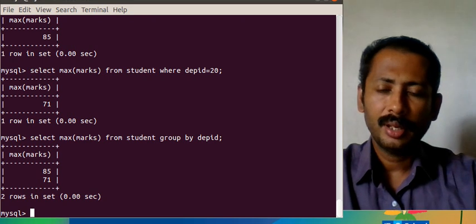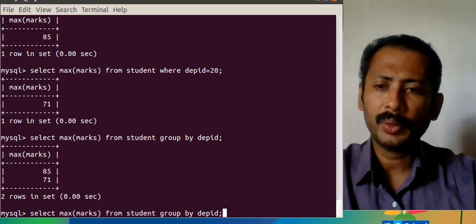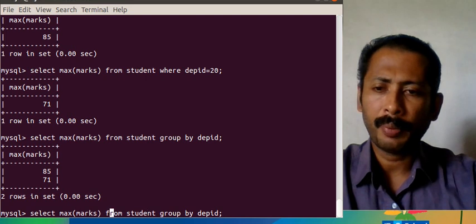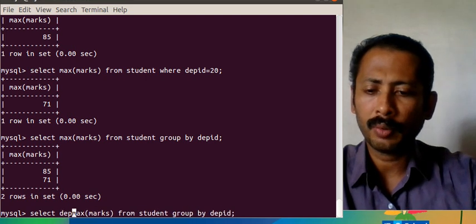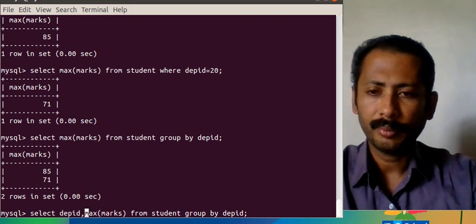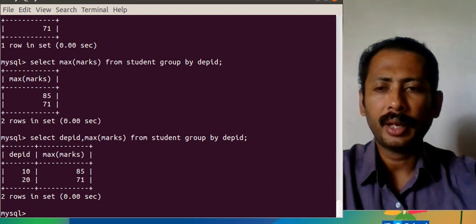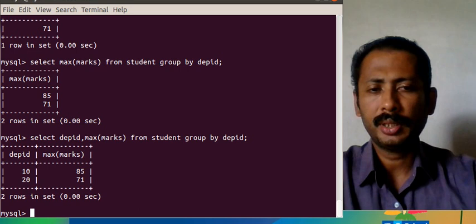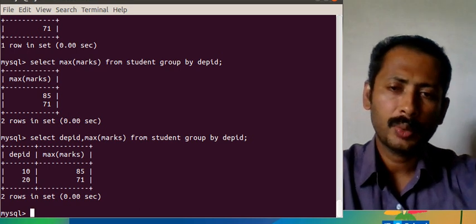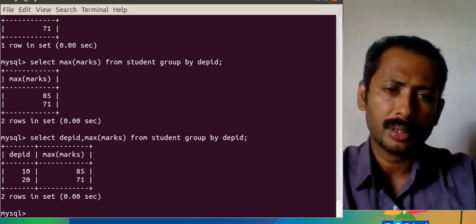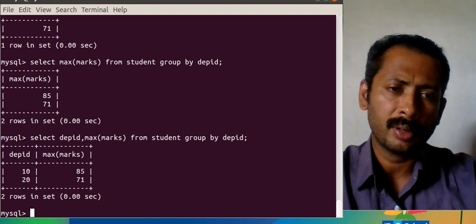in each department. If I want to get the department ID also along with that, it is possible. So we will get department ID and maximum marks. This is the magic of group by. Group by is for grouping the records based on a particular field.